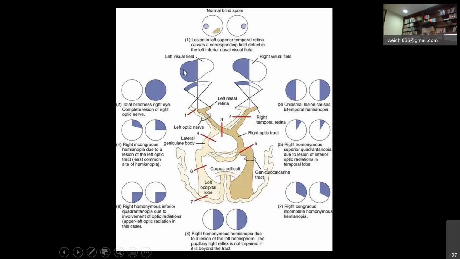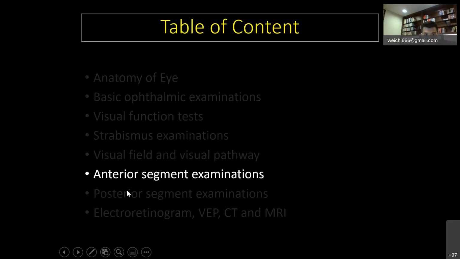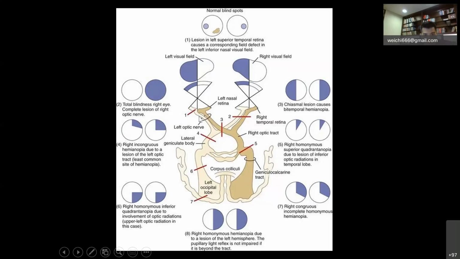So it's opposite. In the left eye, the temporal retina is still intact. It could still see the nasal visual field, but the nasal retina, which is able to sense the temporal visual field, has a problem sending the signal to the contralateral side